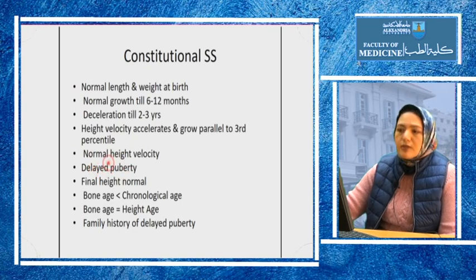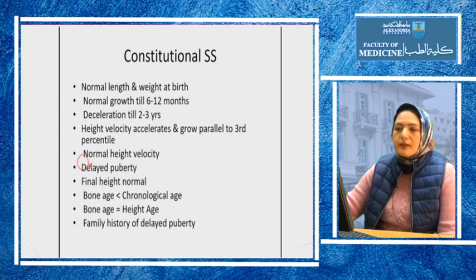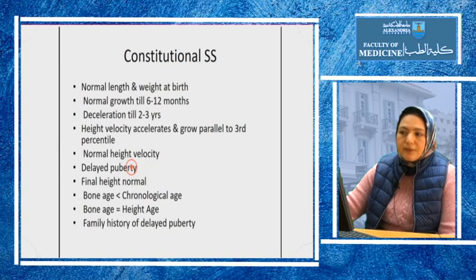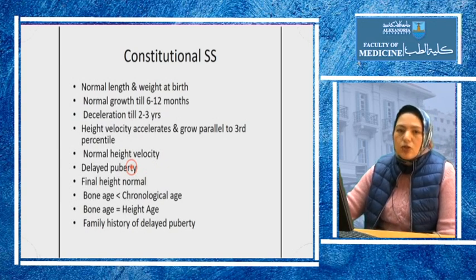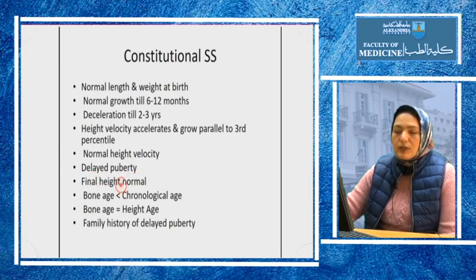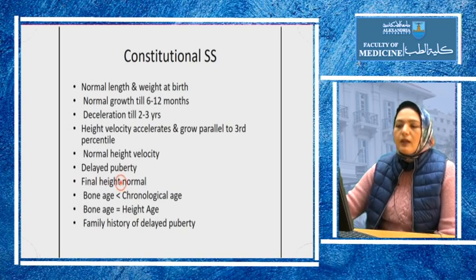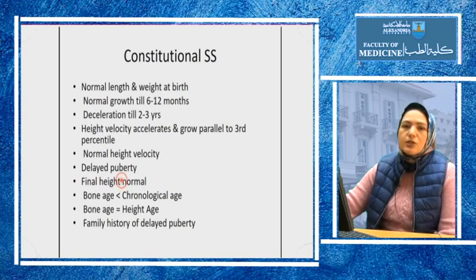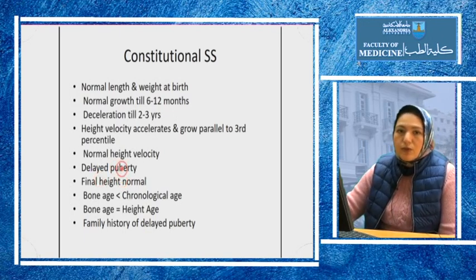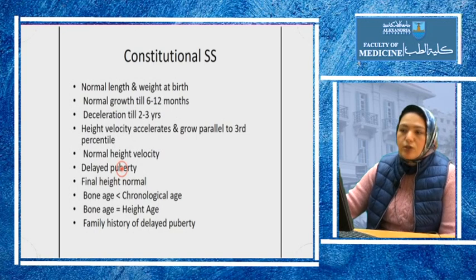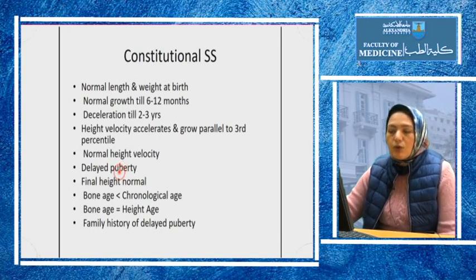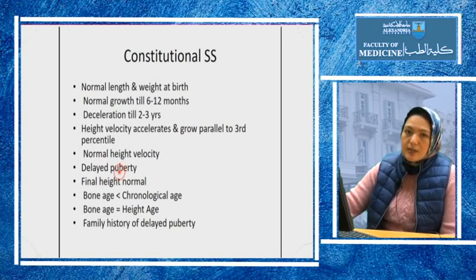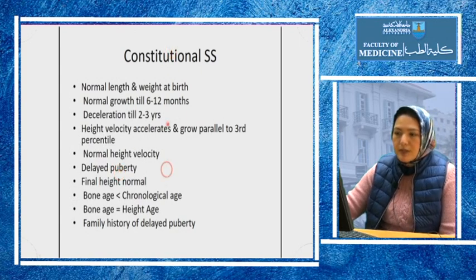Usually, most of these patients will have delayed puberty, which means that the patient attains puberty at a later age than his colleagues of the same age. So when you are confronted with a patient around the age of puberty, presented to you with delayed puberty and stunted growth or short stature, with a positive family history of delayed puberty in one or both of his parents, you should suspect constitutional delay of growth and puberty.